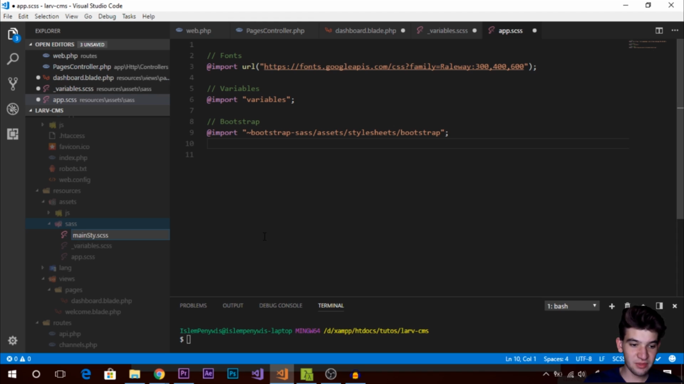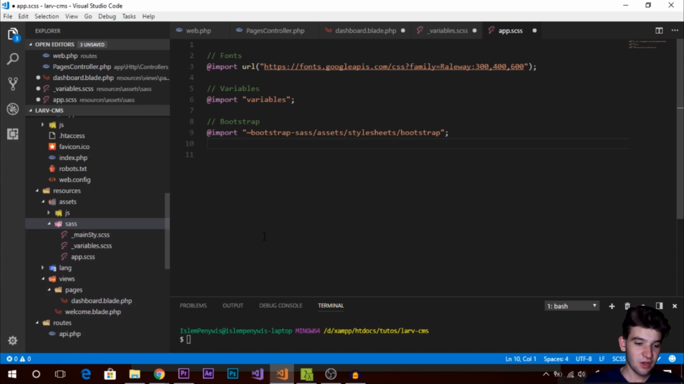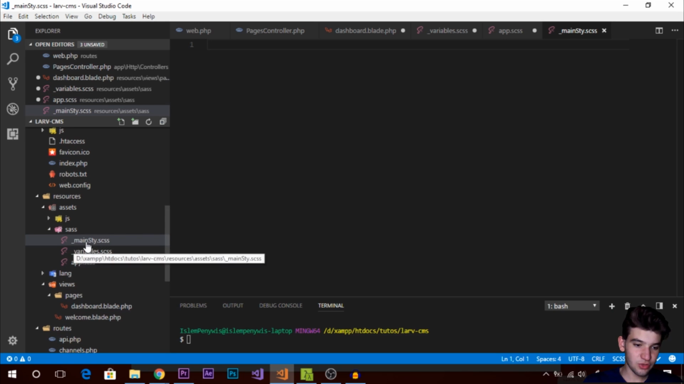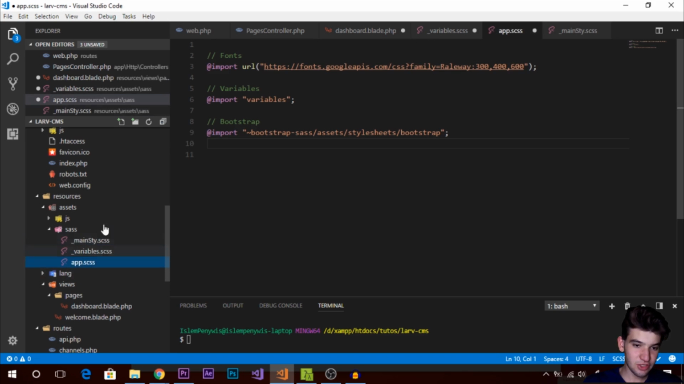Make sure you name it scss, and for a naming convention for Laravel especially, and just for Laravel, you prefix an underscore at the beginning of your file name. That makes Laravel know this file needs to compile using Sass, so we're just going to compile it right away. So we have to name it underscore main style.scss, and make sure to go to the